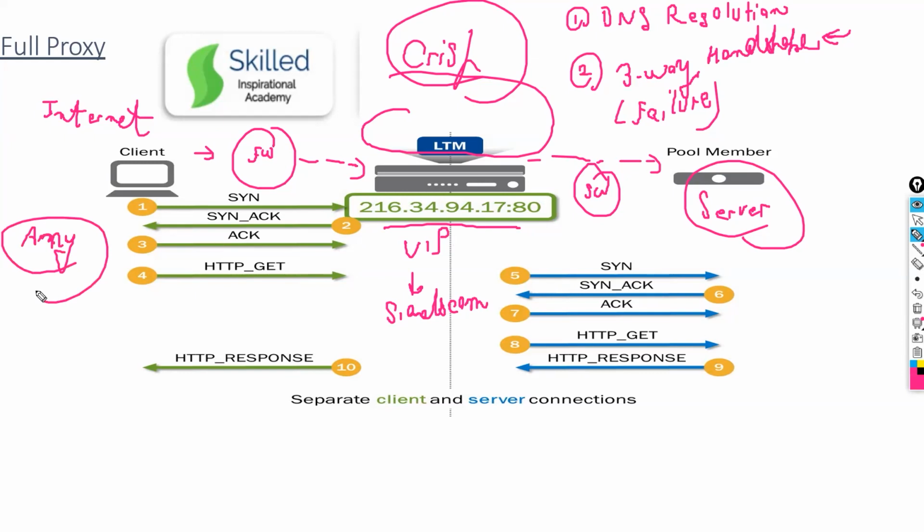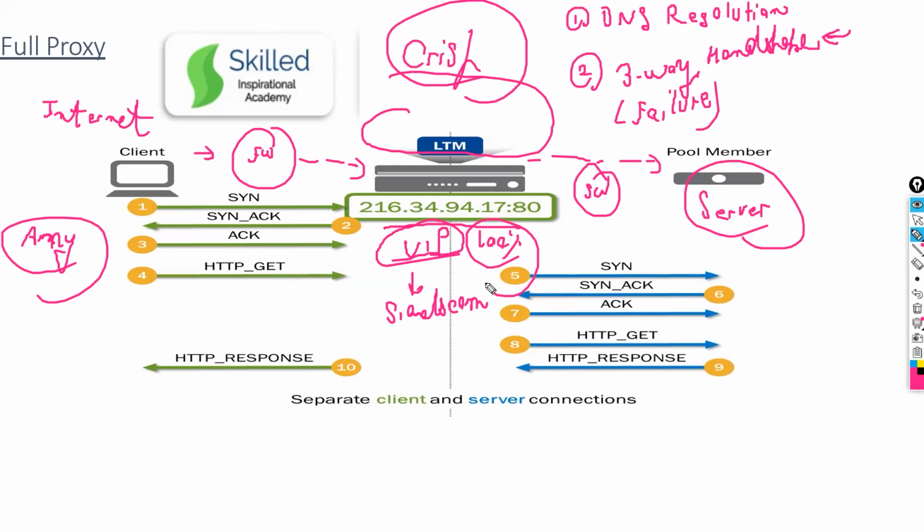Okay, destination IP. Are you sure it's a VIP IP or server IP? No, it's a VIP IP, sir. Great. Do we need any netting? Yes, the VIP IP is correct. The answer is 100% correct. Do I need netting on the firewall? Yes, netting is required to access the public.